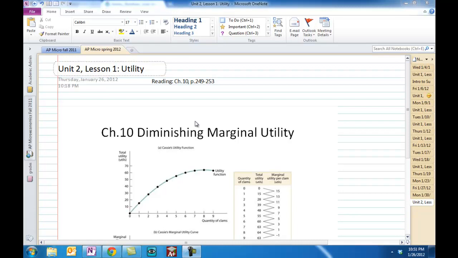Welcome to Unit 2, Lesson 1. In this unit, we're skipping ahead a few chapters in the textbook to Chapter 10 on the concept of utility